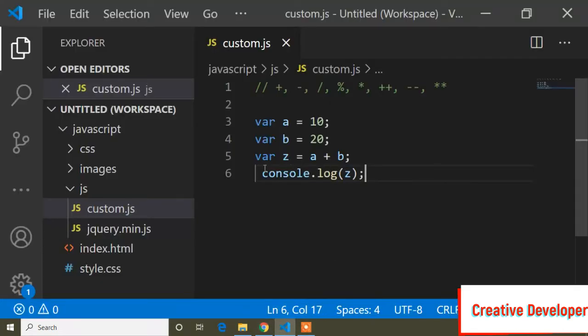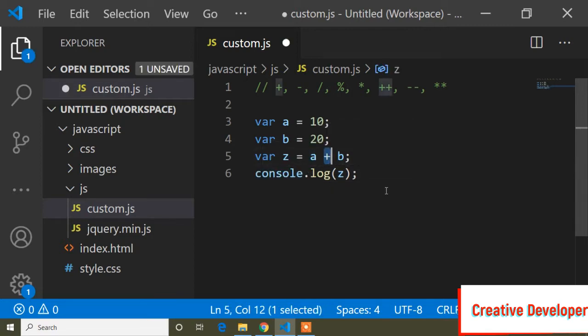So guys, now I can say that this plus is arithmetic, because this plus syntax is performing with numbers. What is it performing? It's adding two numbers, 10 and 20. This time it's performing with numbers, so now I can call it arithmetic.